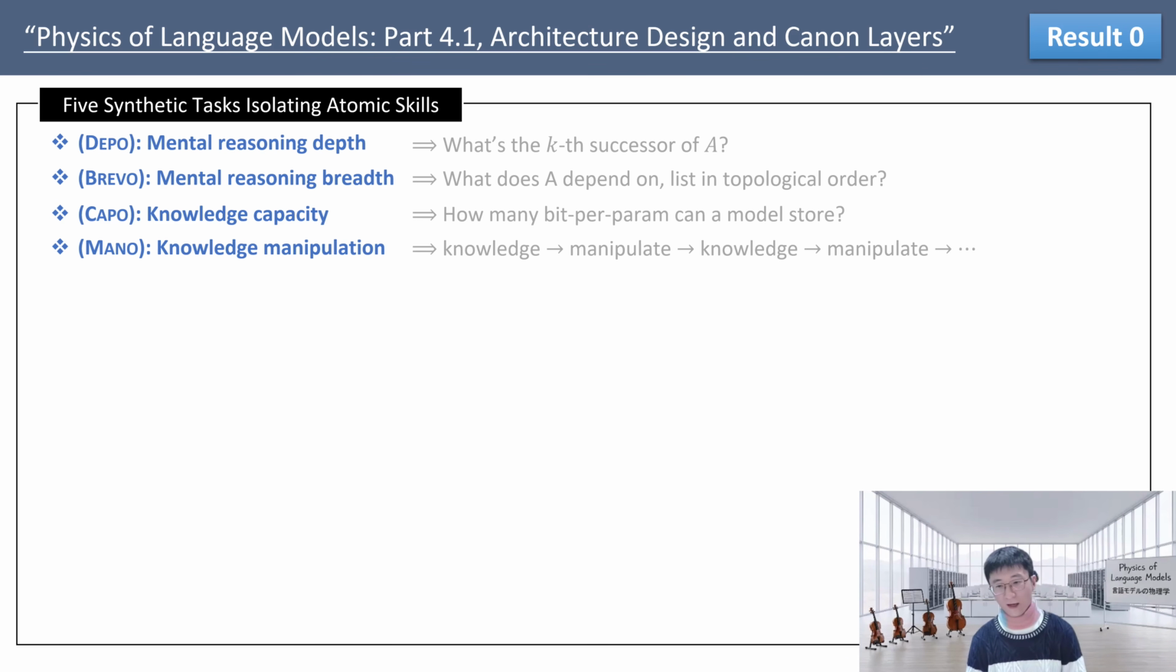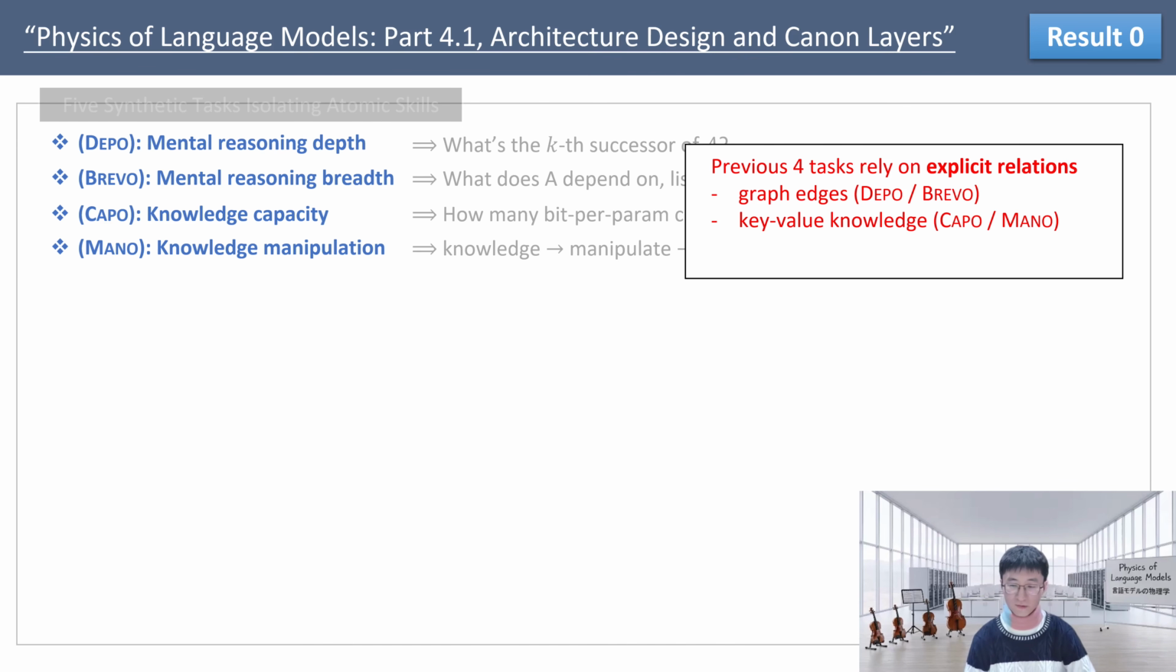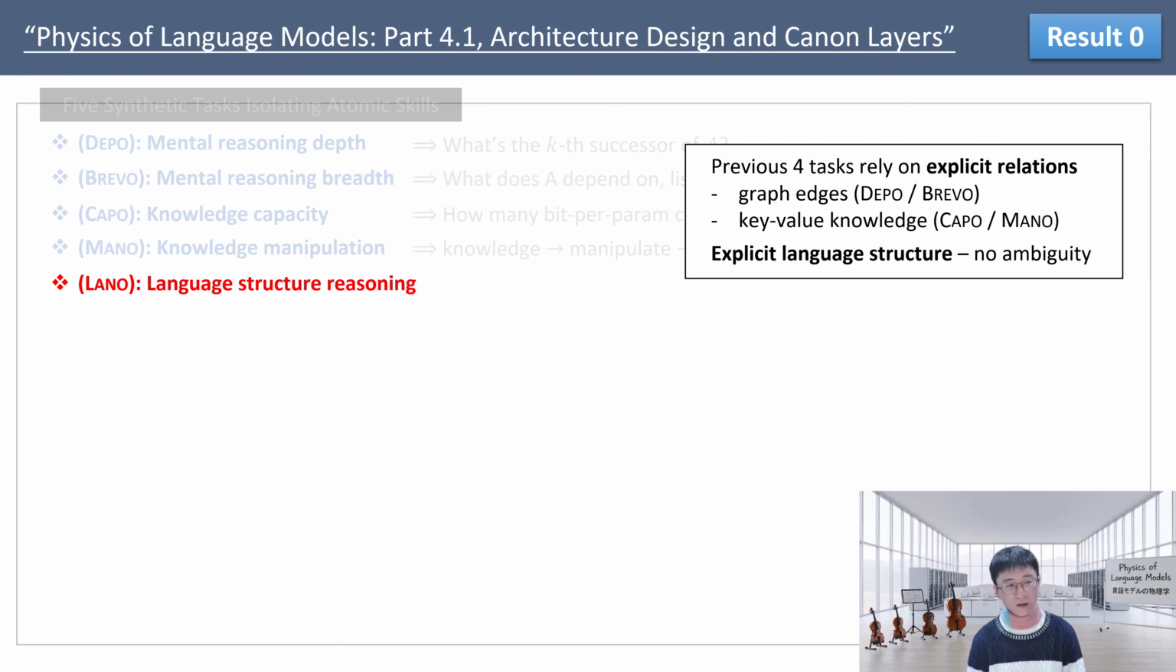The last task, task number 5, I want to design to be completely orthogonal to the previous 4. If you think about it, the previous 4 tasks rely on explicit relations. They can be graph edges, or key-value pair knowledge. But in all such cases, the language structures are explicit and fixed, with no ambiguity. If I say some person was born in this year, then this is fixed; there's no ambiguity about where the sentence starts and where the sentence ends. But now, in the 5th